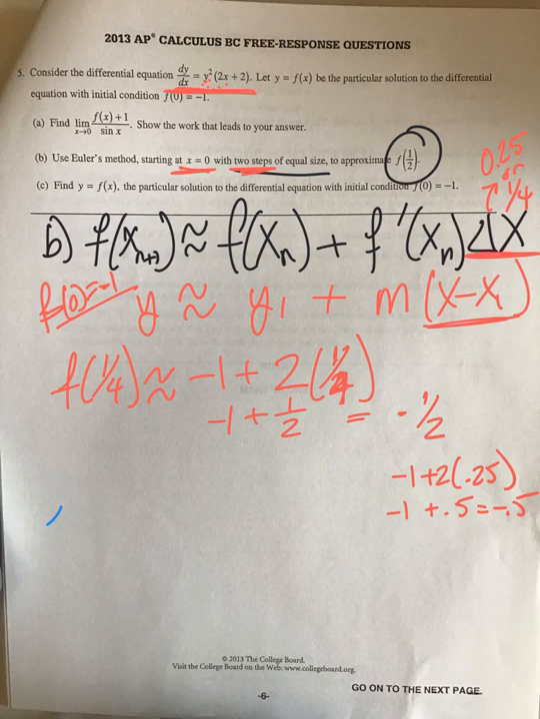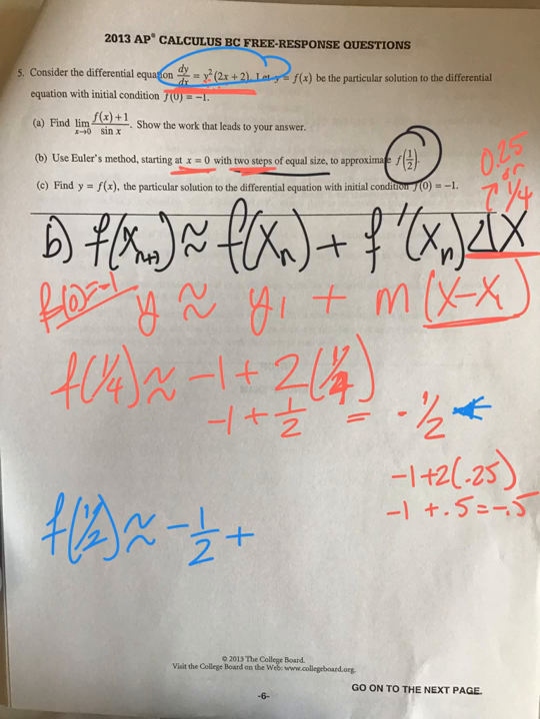So after a fourth, I now have at a half. Now, my y1, I'm not going back to negative 1. I'm going to the y1 I just solved for right there. So that's going to be negative a half, plus my m. I got to put in a fourth and a half into my derivative up there. So 1/2 squared, or negative a half squared, that's going to be negative a fourth, times